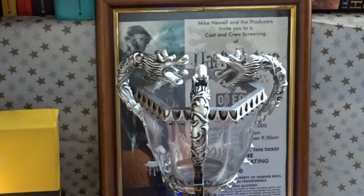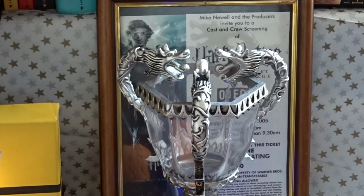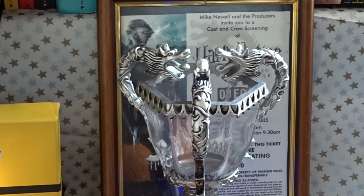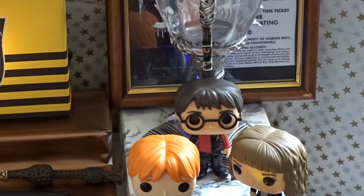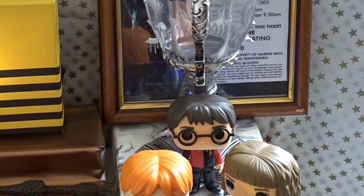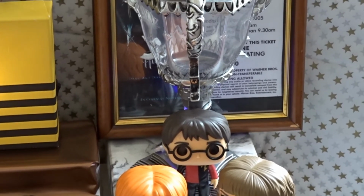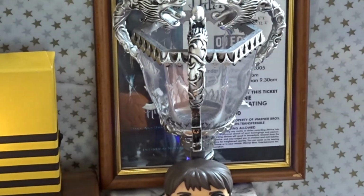Over here we've got a Goblet of Fire theme. So the poster at the back I'm going to explain in a minute. I've got the Triwizard Cup, and then it's a Funko Pop of Harry in his Triwizard uniform. And then over here, let me show it to you,